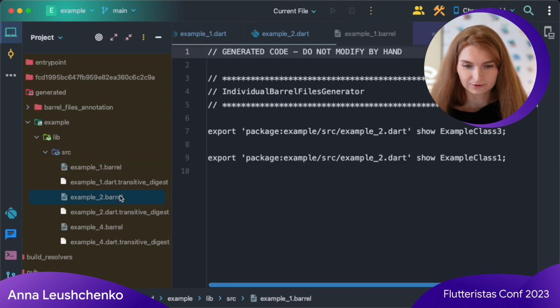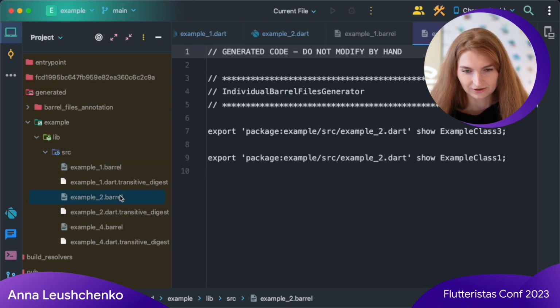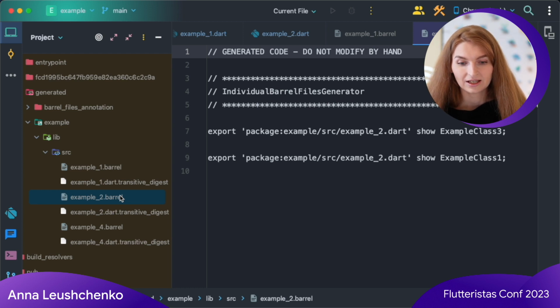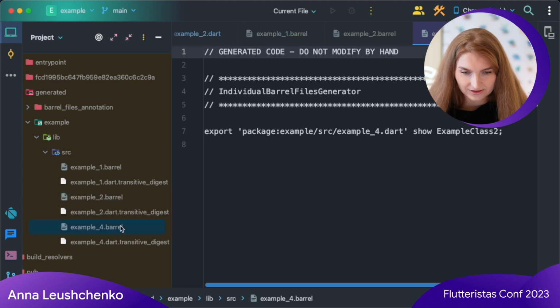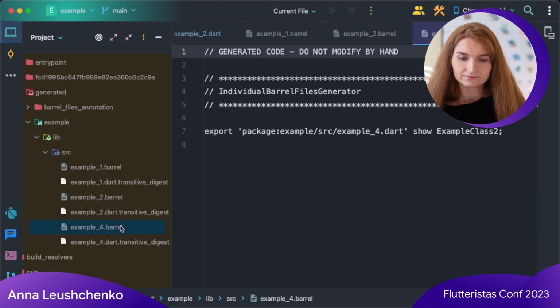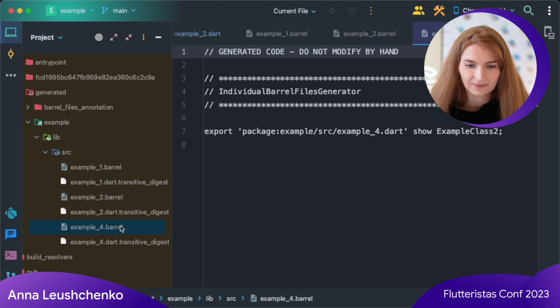Let's check example2 file. Same situation here. We see there is no example3.barrel file because our example3.dart file input did not contain any annotated elements. And here is the last output. So far, so good.